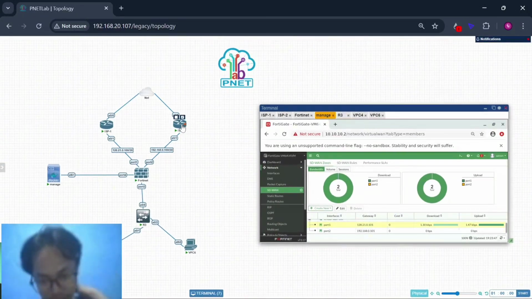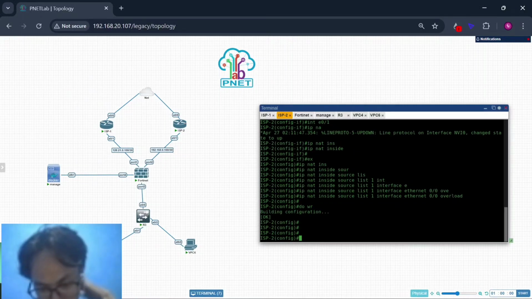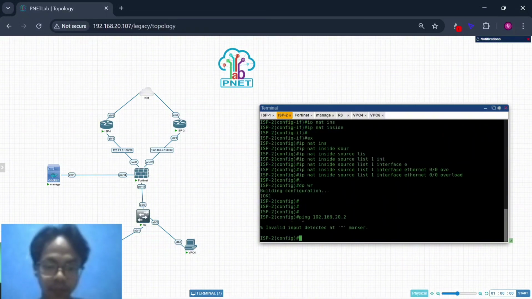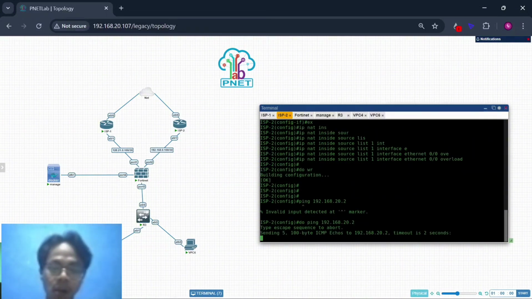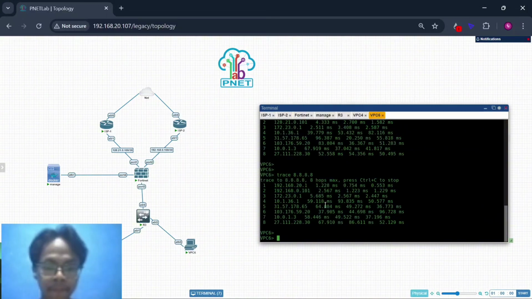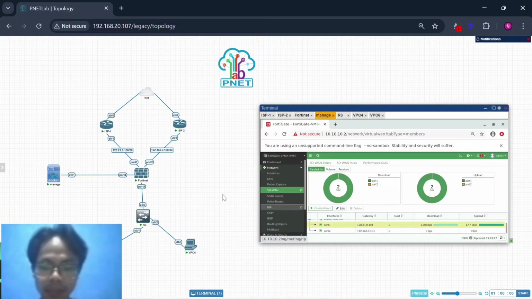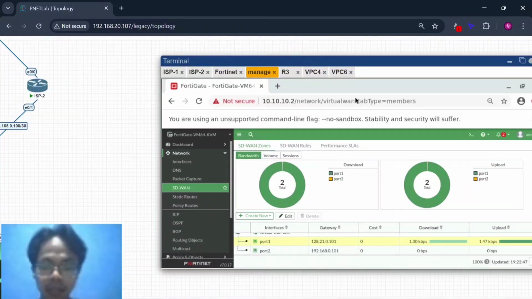This is the SD-WAN zone, for port 1 and port 2.